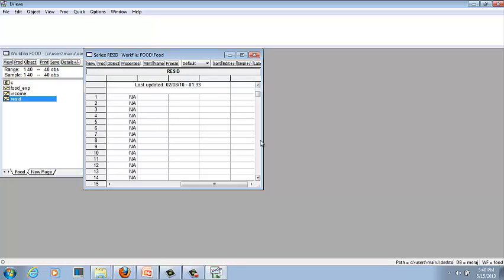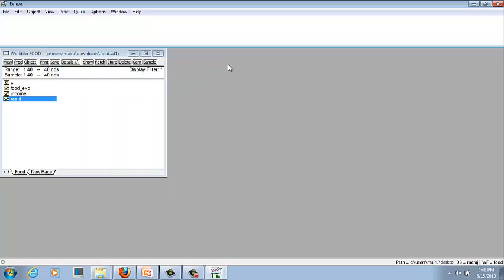You can notice here residuals is blank now because when we run the regression, it takes the values from the regression. So let's start by running our regression. We have two options to run regression.